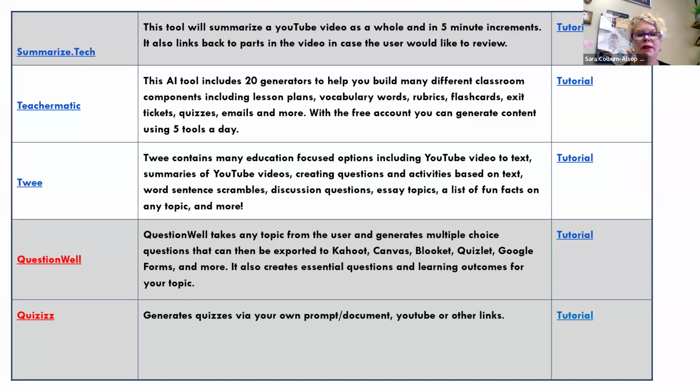And then Question. Well, I haven't used it as much, but this is a good one if you want to generate questions and then export them to Kahoot, to Canvas, to Quizlet. Very simple in terms of steps. I just haven't done it that much yet, but I will, and I think it could be useful in all of the different